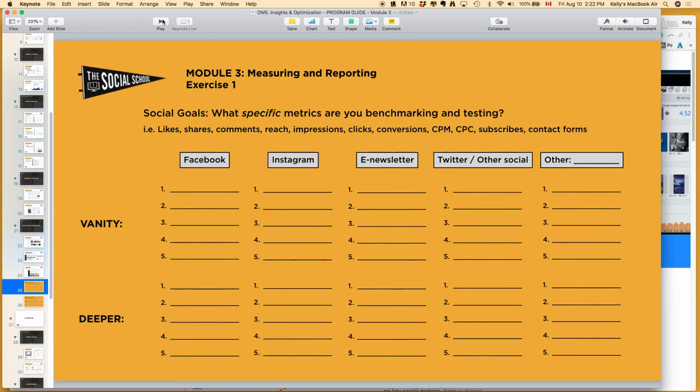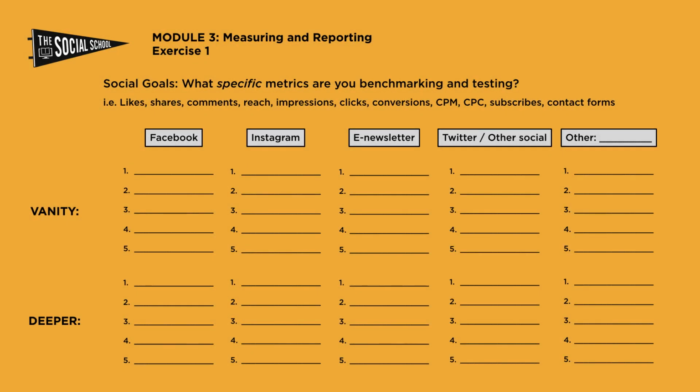Okay, your turn. So we've got a few goals to map out here. 2 exercises. What specific metrics are you benchmarking and testing? You know what platforms you're really diving into, and maybe it's not Facebook, Instagram, e-newsletter, Twitter, or other social. Hopefully you've got some of that going on, but if you totally need to substitute those for your own, that's okay. But what are you looking at from that sort of vanity side, and then as well the deeper, more